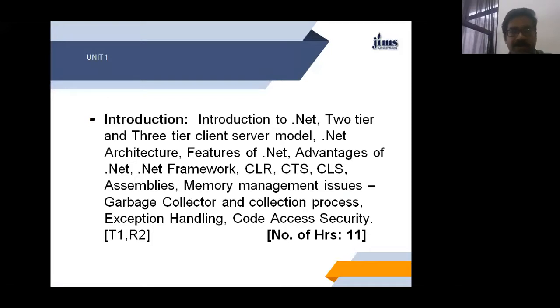We will study the .NET architecture in detail, and the features of .NET: what the advantages of .NET are, and why we are using this .NET technology. We'll discuss that also. What is the .NET framework, and there are some terminologies like CLR, CTS, CLS, what assemblies are, what public assemblies and private assemblies are, and how we create an assembly. We will discuss that also. Memory management issues in .NET,